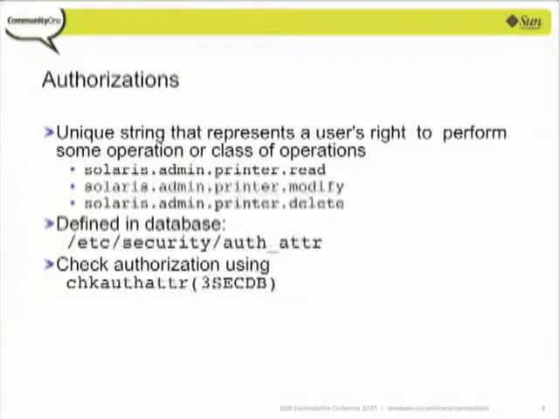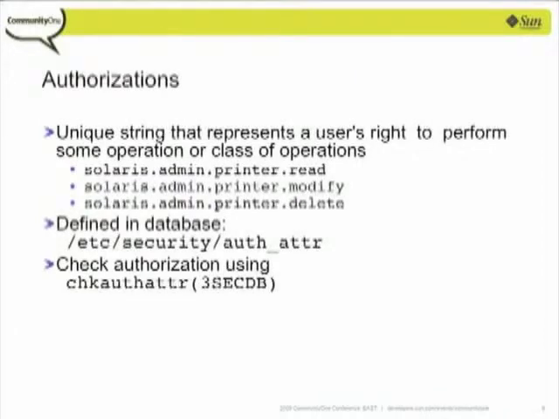Good. So this slide here shows you a few more details on authorizations. So they're basically unique strings that represent the user's right. And these are tested in the source code. They're defined in a database. You can look at this file, /etc/security/auth_attr, for attribute. And there's one library function, namely check authorization attribute, that is sprinkled throughout the source code that now basically takes 2 parameters